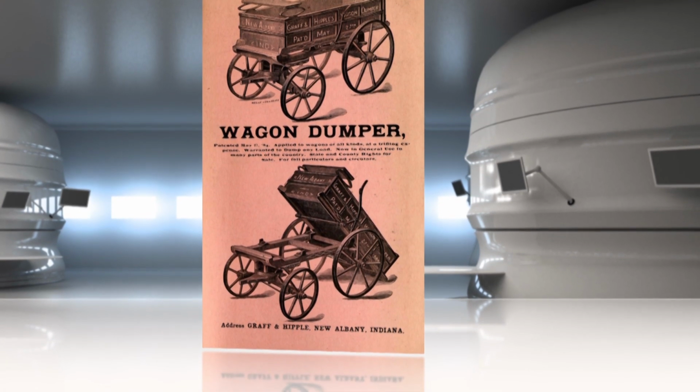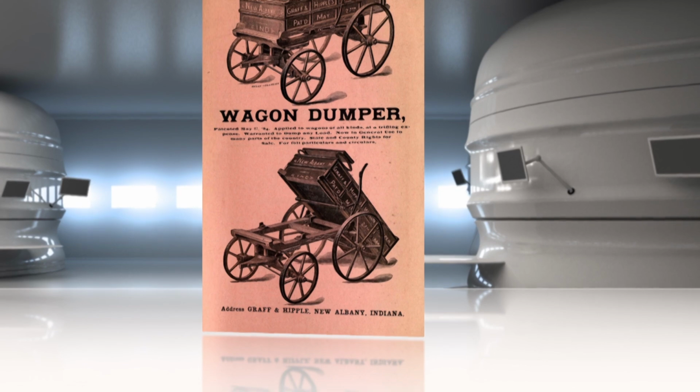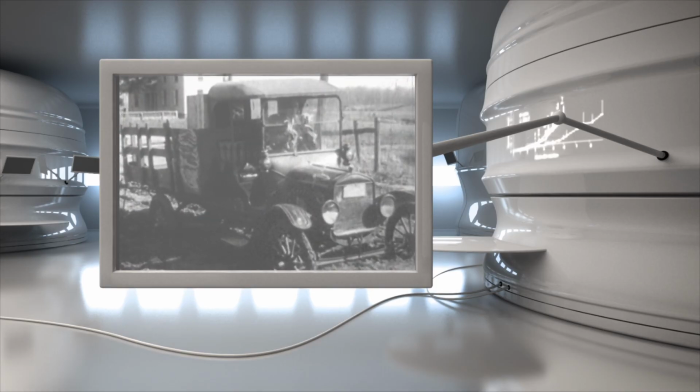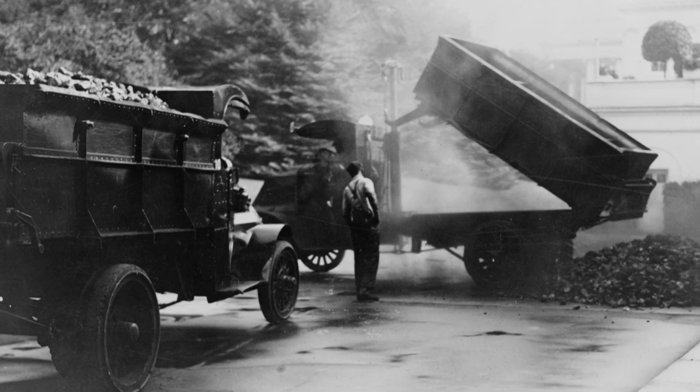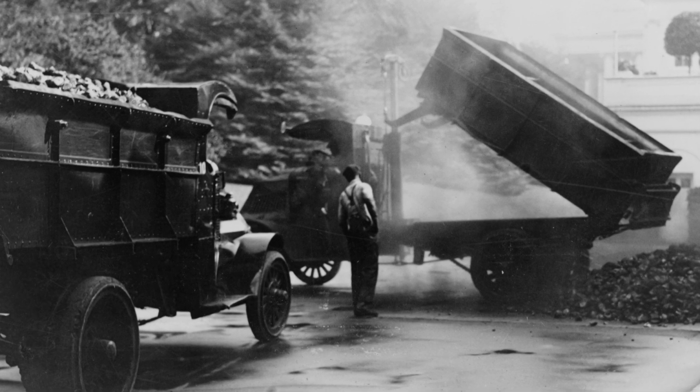This, as the name suggests, used gravity to allow the trailer to tip automatically. This was achieved fairly easily by simply adjusting the position of the trailer bed, therefore changing its centre of gravity, meaning that it would tip when detached from the motor that pulled it. However, it wasn't until hydraulic dump beds were introduced in around 1910 that the dump truck of today really began